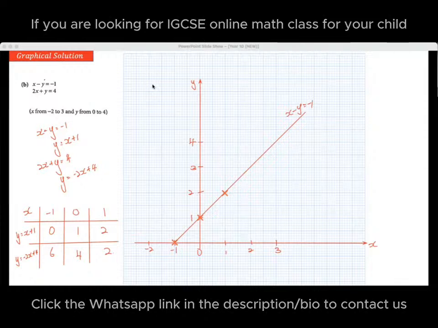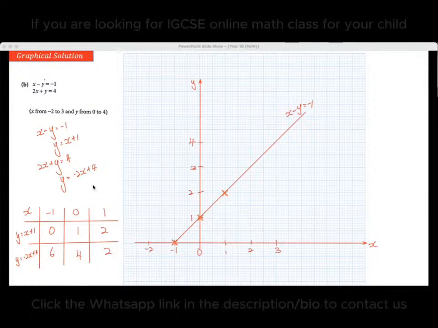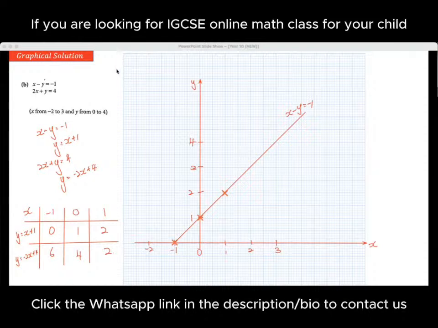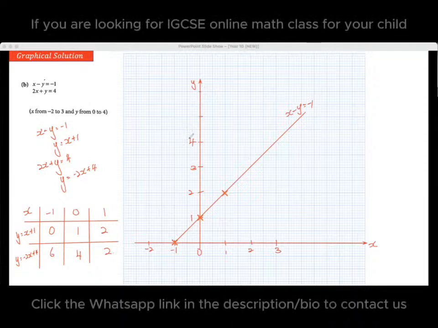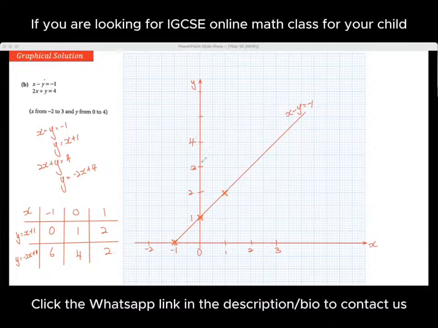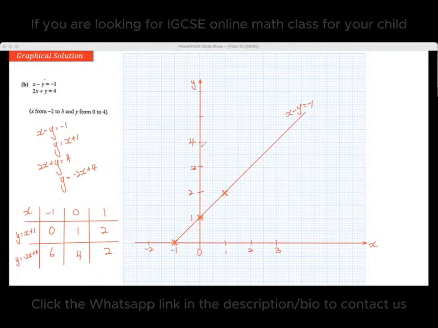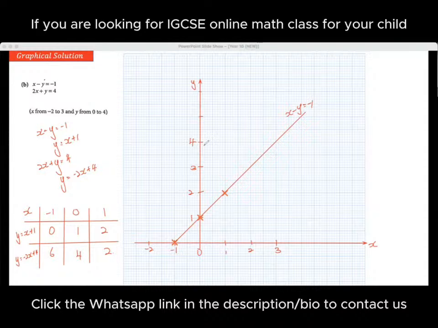Okay, then let me use different stem. When x equals -1, y equals 6. So I know that 4 is here, meaning my 5 will be here, my 6 will be here. Right? One very important thing is that if you are using 10 small squares here, the space in between